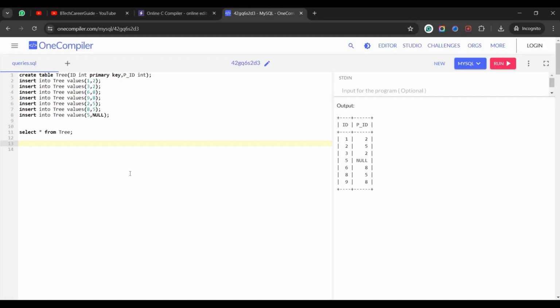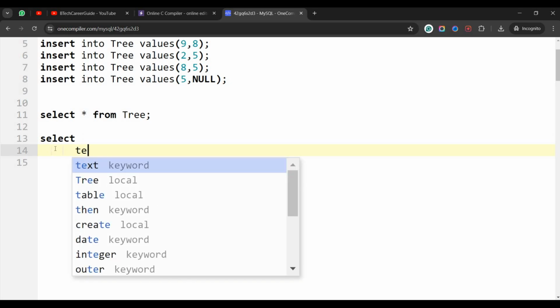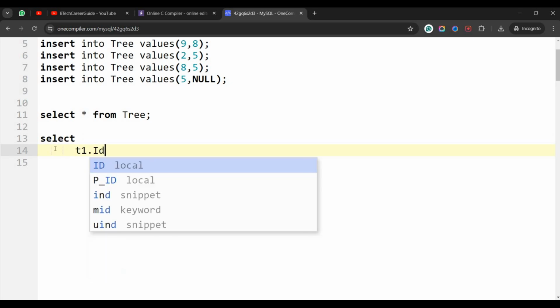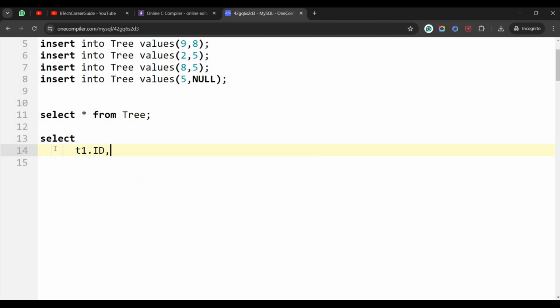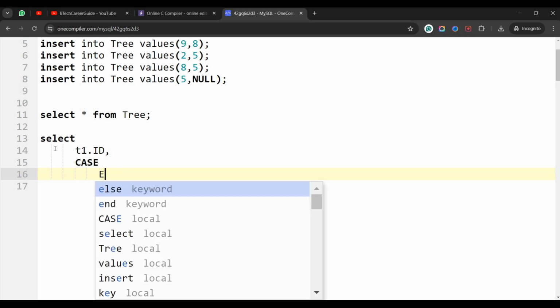So let us write decent code for that. Let me create select. Okay, let me zoom in, don't worry. Select t1.id. So what is t1 id? I just did the aliases, or alias, whatever you call it. So I'll be using a case command, case when